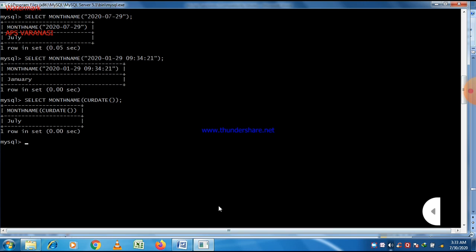Okay, so that is the use of the MONTHNAME function. You can use it with a simple date or a datetime value, or you can use it with current date.